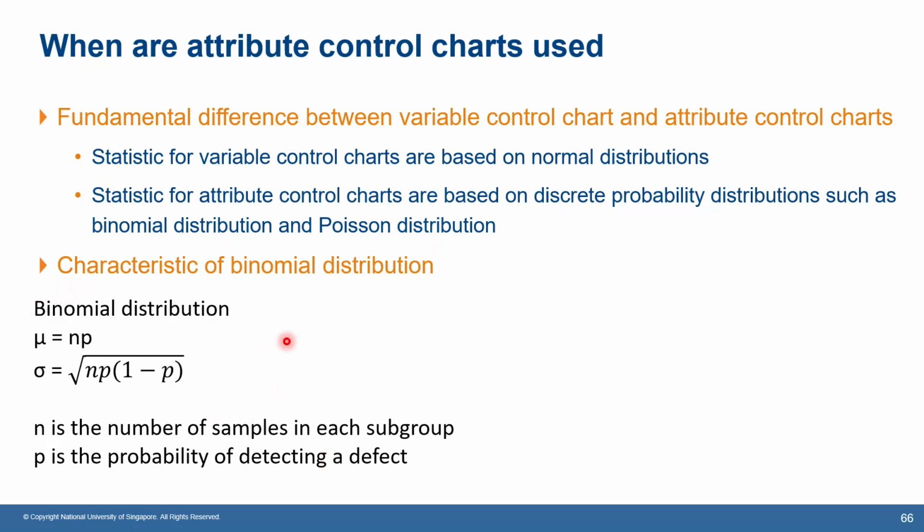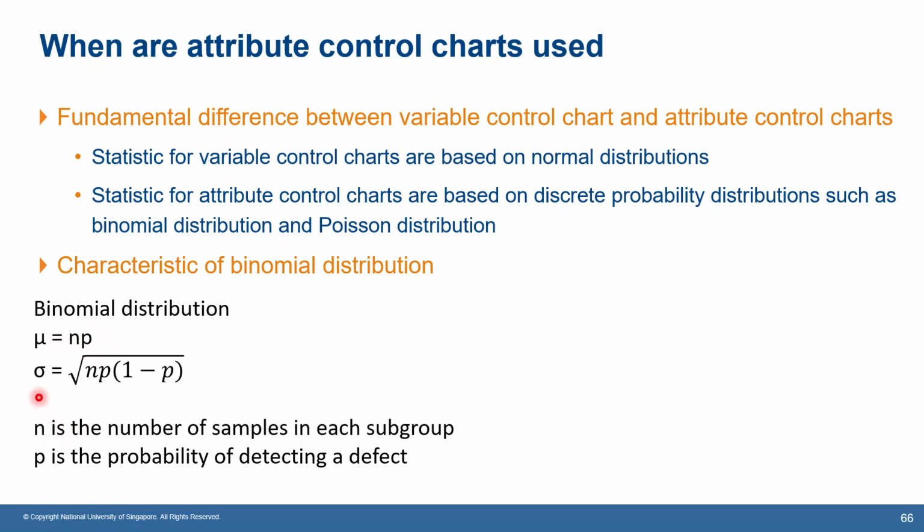For the binomial distribution, just as a recap, the mean of the binomial distribution is n multiplied by p, so that's why we call it an NP chart, because the center line is NP,